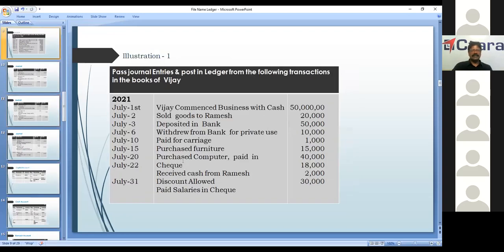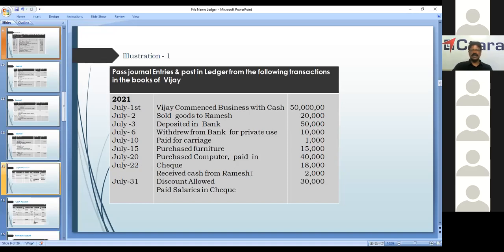Okay. Then purchased computer paid in check. Purchased computer paid through check. Okay. So here an asset is coming inside and the payment is made through check. Computer account debit to bank because bank is the giver, right? Computer account debit to bank account. Next,